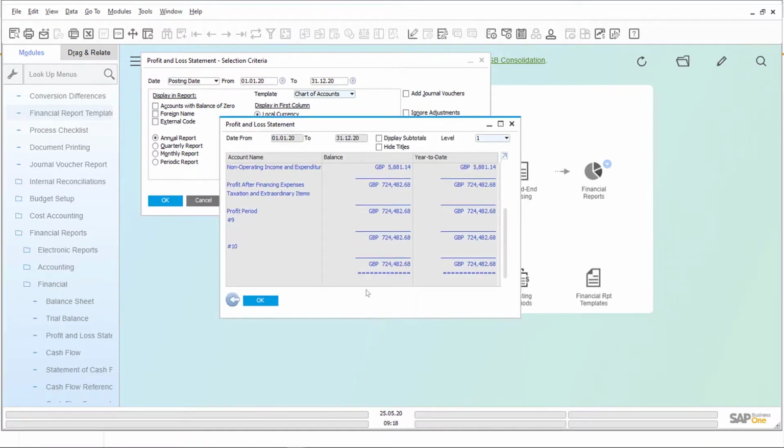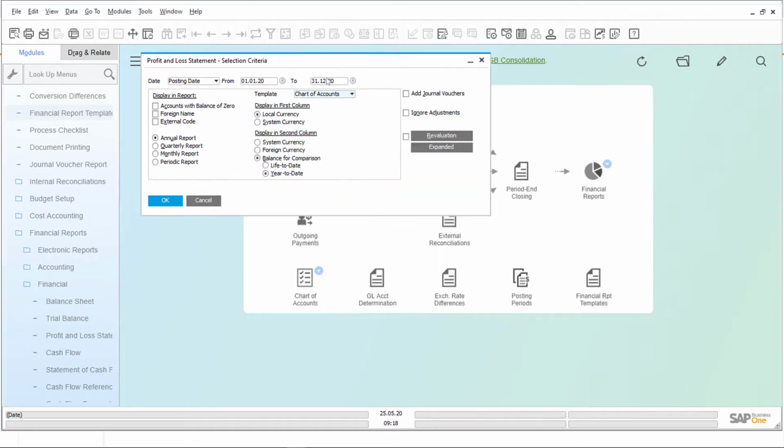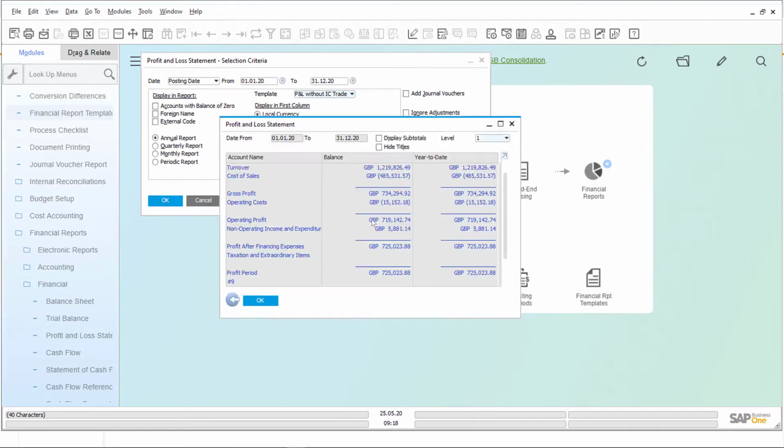So you can see now that's the profit overall. And this is the profit when you remove the